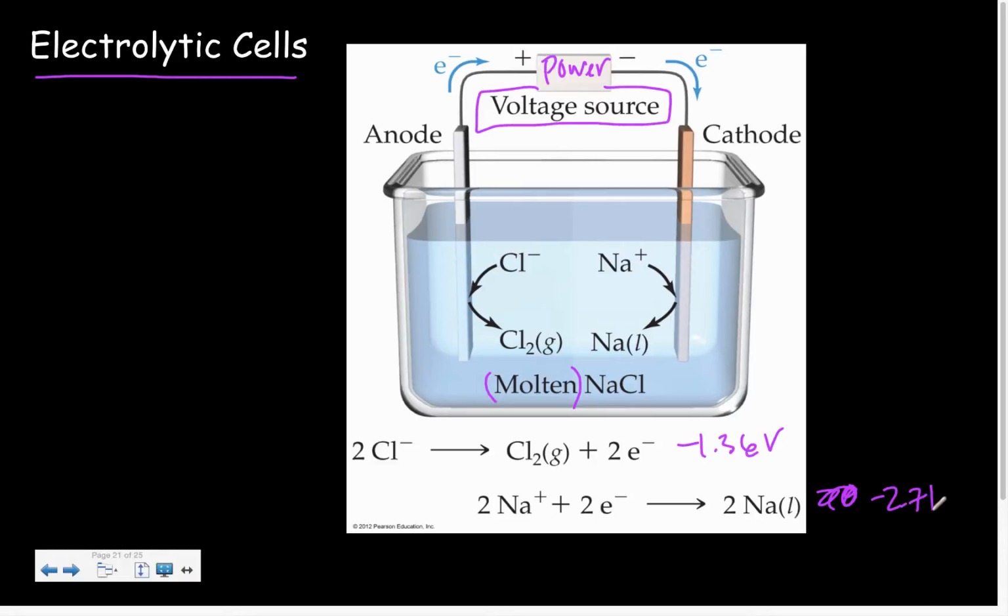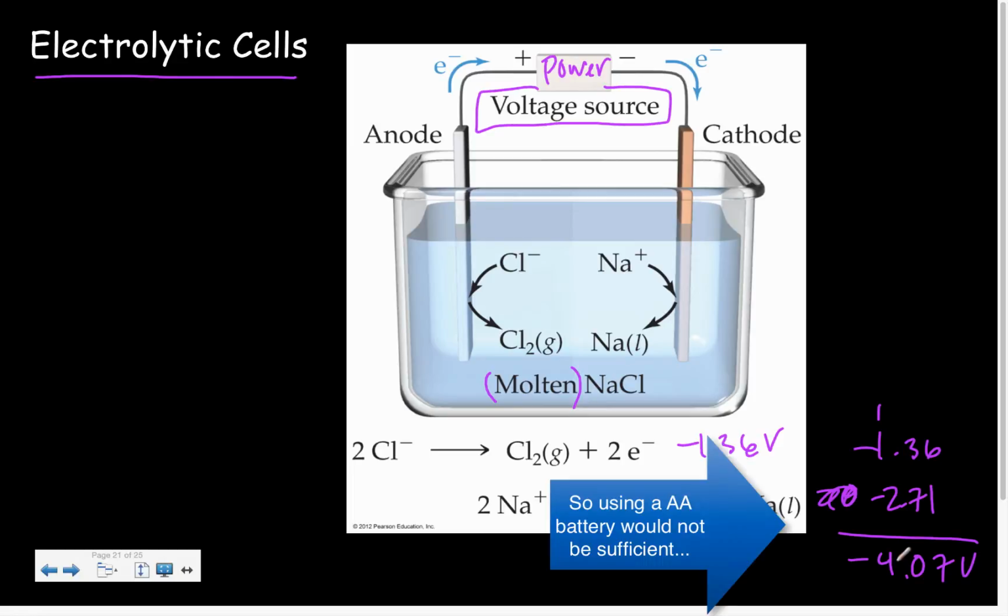Which means that the overall voltage for this is decidedly negative. Does that make sense? Decidedly negative. Just to add them up, which means that in order for this to happen, we need to have a voltage source that meets at least 4.07 volts. So kind of like in the previous ones where we could measure a voltage that comes out,